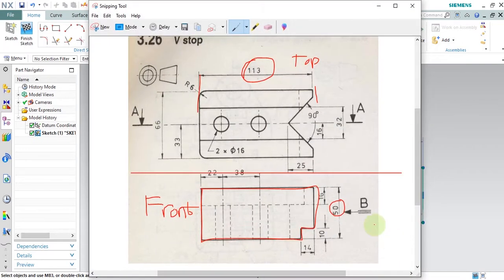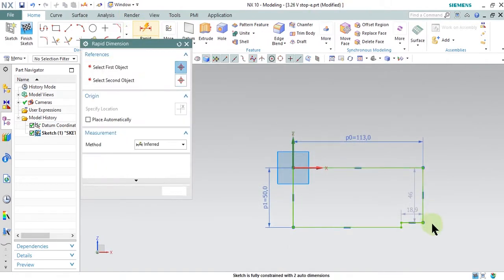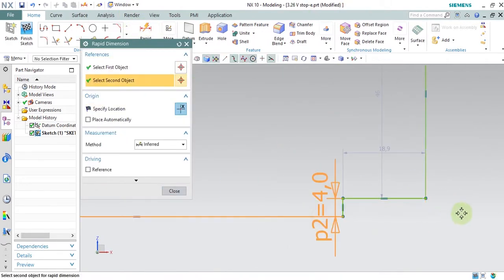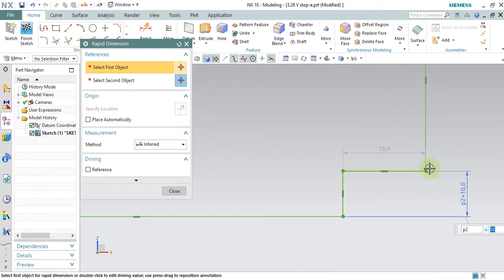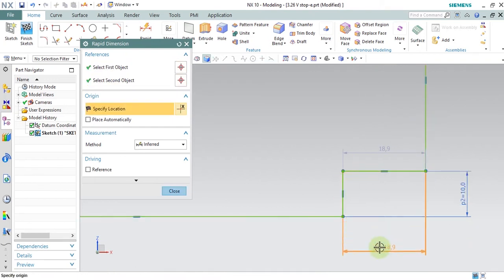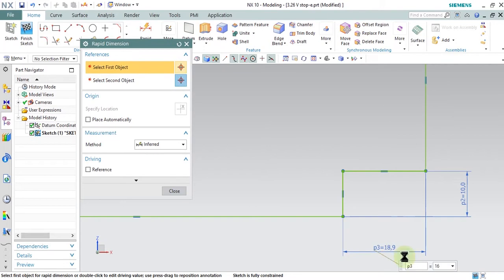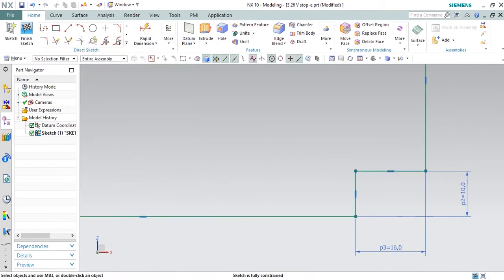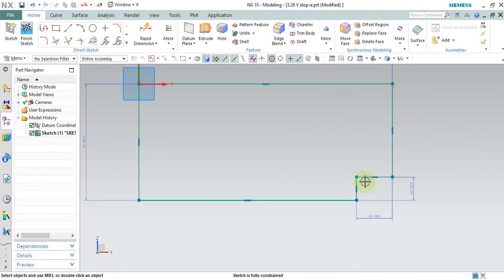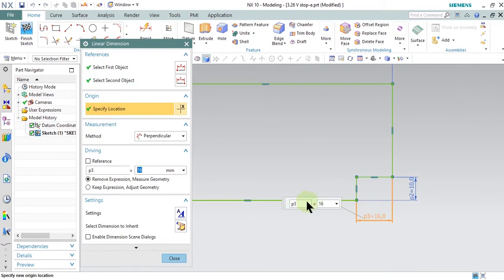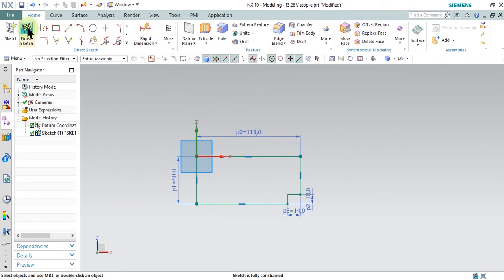After that, I will define the dimension from here is 14 and this is 10. Okay, select this rapid dimension, select from this to this, give 10, and then from this to this is 16 and then close. Not 16 but 14. Double click again, edit your dimension, enter, close,